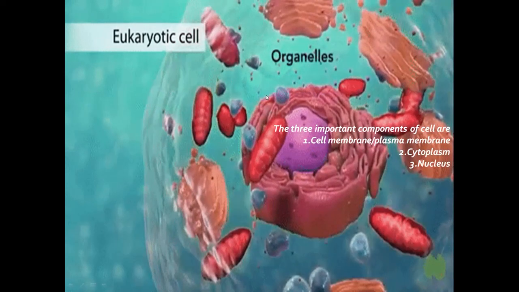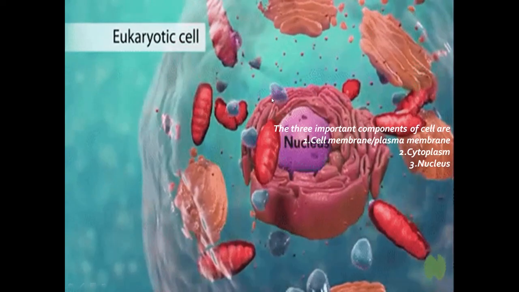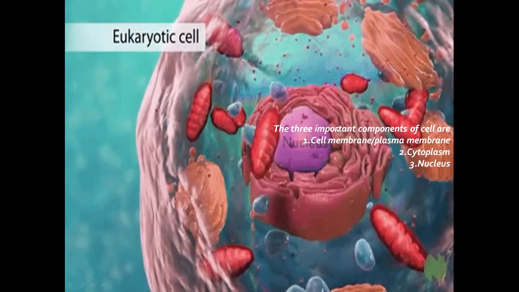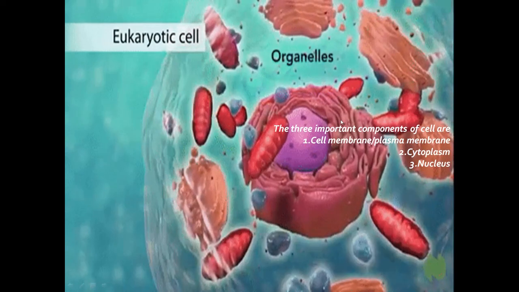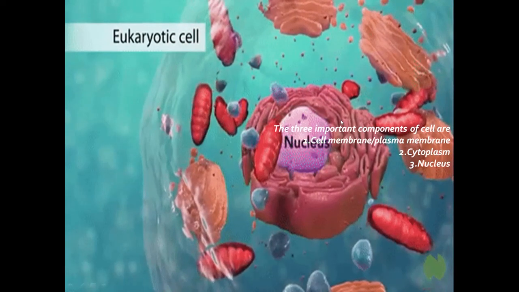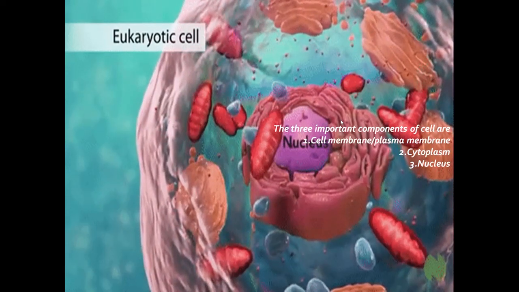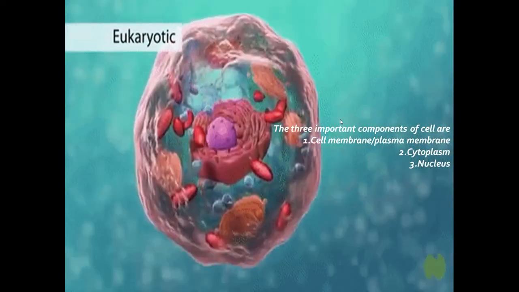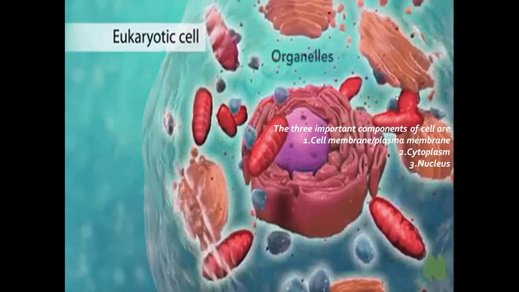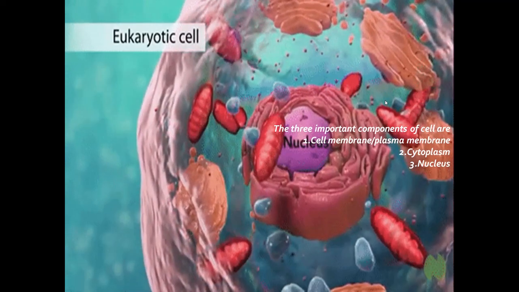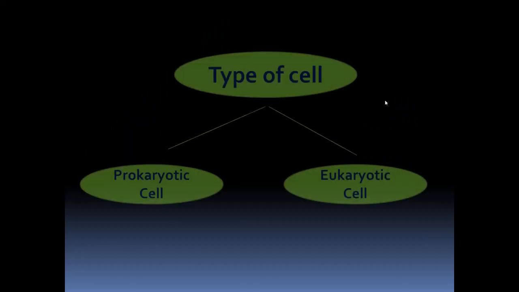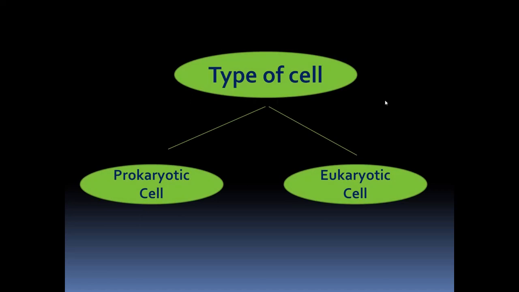Even plant cell is also an example of eukaryotic cell, as in both plant cell and animal cell we can observe a definite nucleus with nuclear membrane, nucleolus, nucleoplasm and chromatin network. Moreover, we observe a definite nucleus in the eukaryotic cell. So based on the type of nucleus, we can classify cell under two, that is prokaryotic cell and eukaryotic cell.